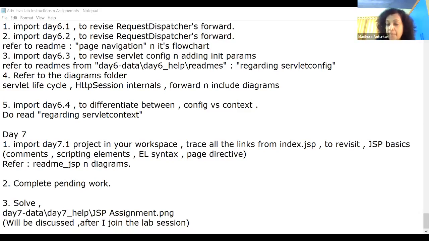So today, how will you set the context scope attribute? We are going to do it, by the way. You will have to open a scriptlet. Now I'm talking in JSP, and in a scriptlet, anyone want to tell me, suppose I want to add the context scope attribute, how will you do it in JSP? From inside the scriptlet, type it. I'm looking at it. Understood the question?